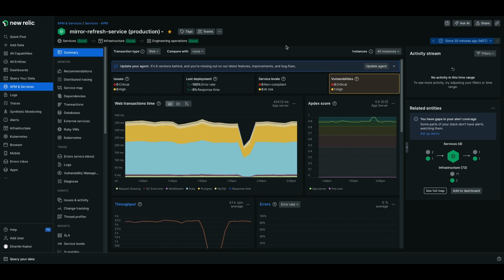Hello, today we are going to be looking at the new APM logs experience. There are two huge problems in logging today, collecting logs and finding the log you need when you need it. We have been working hard on solving these problems, and I am pretty excited to take you through the new